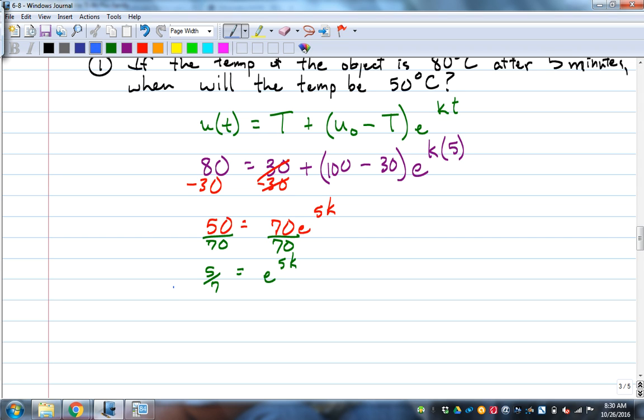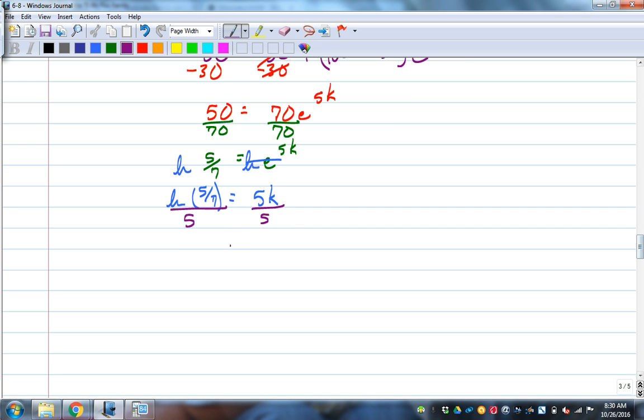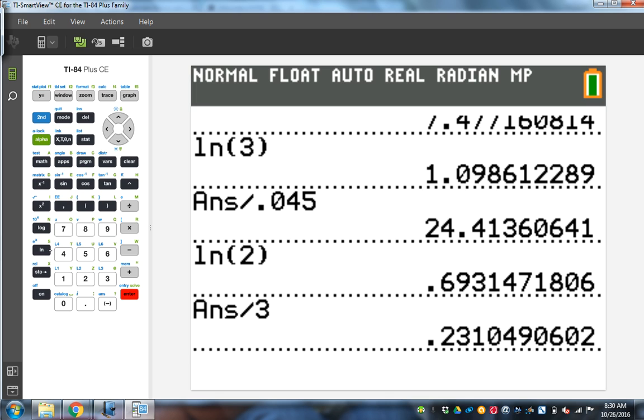Absolutely. Natural log of both sides to get rid of the e. Natural log of 5/7 is equal to 5K. Divide by 5. We want K out of that. Natural log 5/7